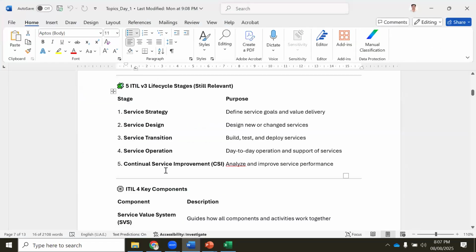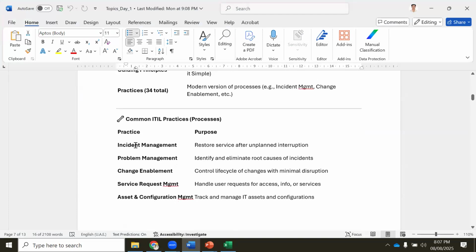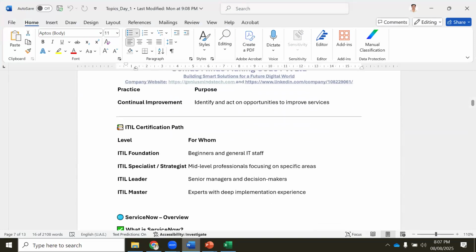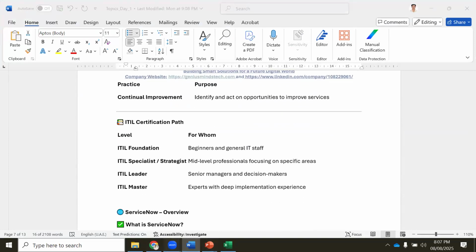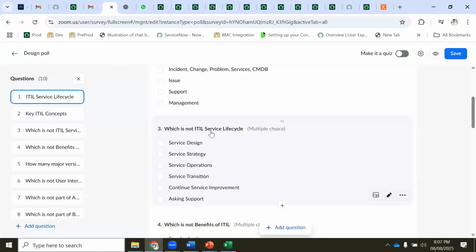So we discussed key concepts again, correct? ServiceNow key concepts: incident, problem, change, CMDB, all those things. Okay. Let's go to our Zoom again. Okay. Which is not an ITIL life cycle, service life cycle. So the first 5 are life cycles.